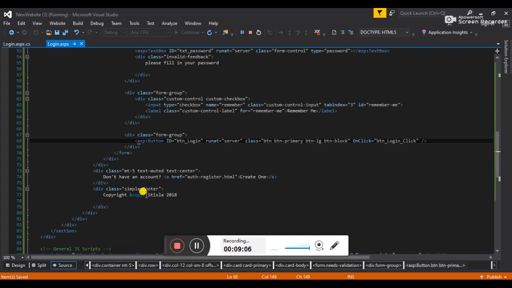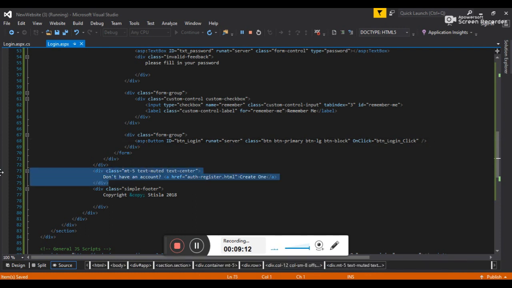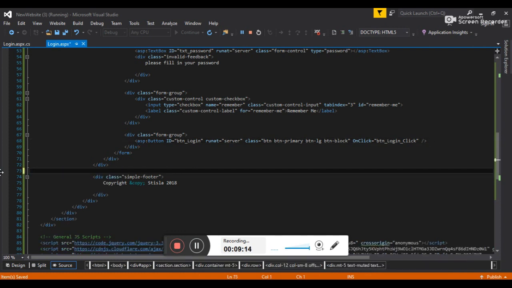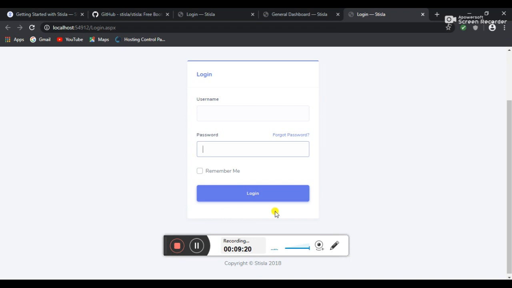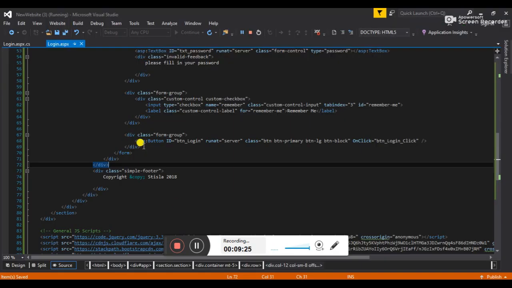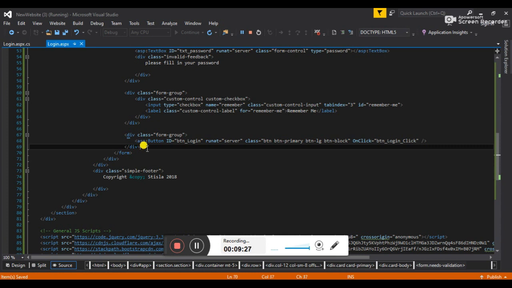Alright, now we have to remove this also. I don't want this here. I will give the registration page from inside the website, so I don't want that, so I removed it. And I wanted a label which will display here whether the password is correct or not. So I will add it after the button.